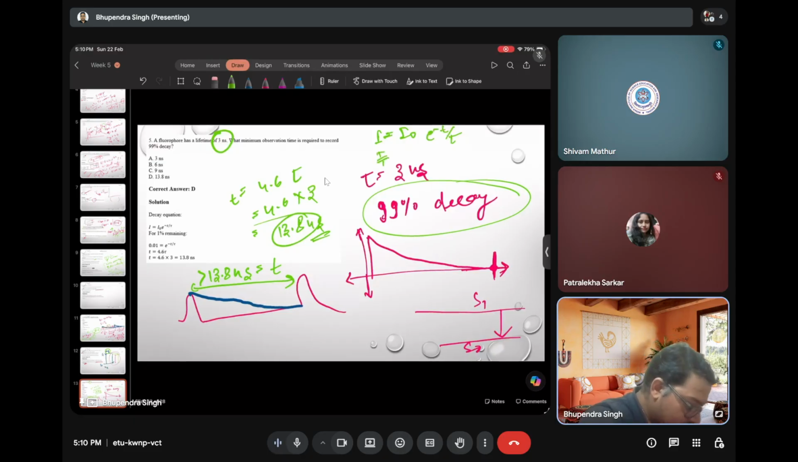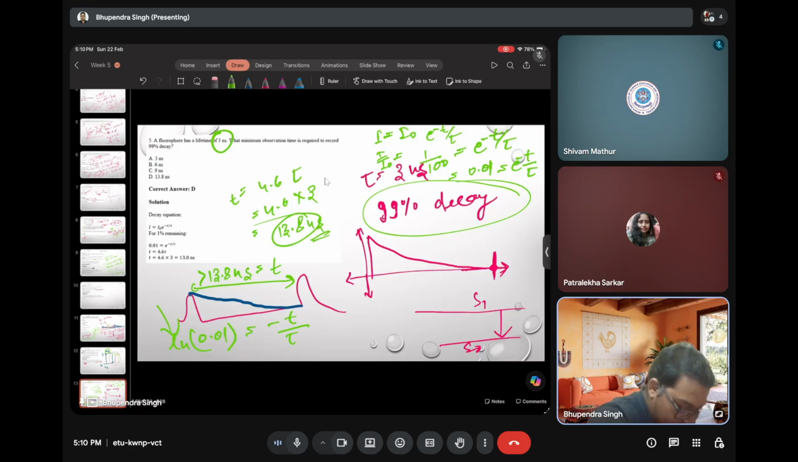So I divided by I0 is already given that 99% has already decayed, means only 1% left. So 1 divided by 100, this much is the ratio, equal to e to the power minus t by tau. So it turns out to be 0.01 equal to e to the power minus t by tau. Now take the ln of 0.01, ln e will turn out to be t by tau, and if you calculate this,